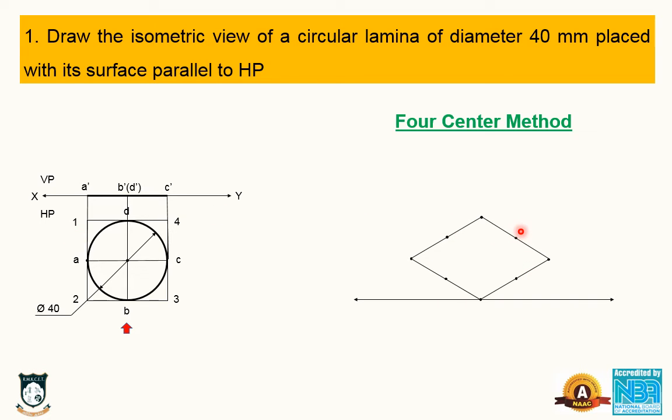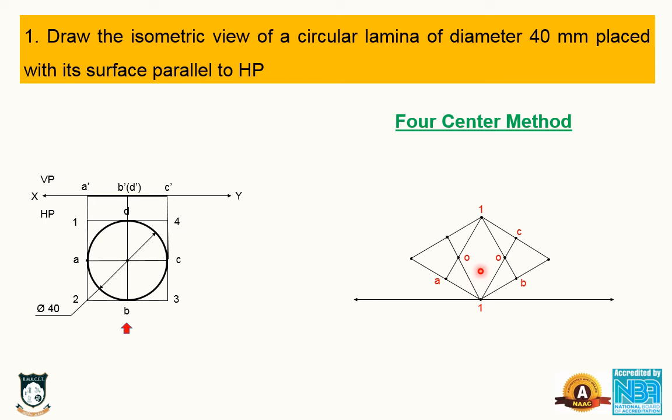The next step is to draw a line from this corner like this. From this corner, draw a line. From this corner, draw a line. Where they intersect, you make a point here. Then I am giving the notation for your understanding, but while practicing or in your examination, this notation is actually not required. For understanding only, I am keeping this.